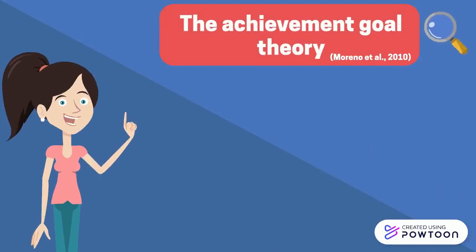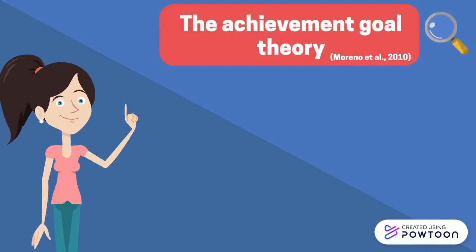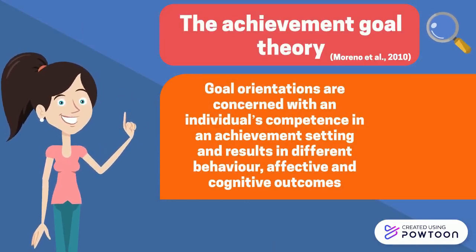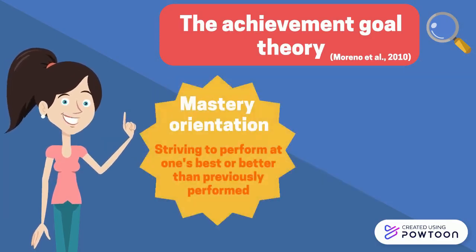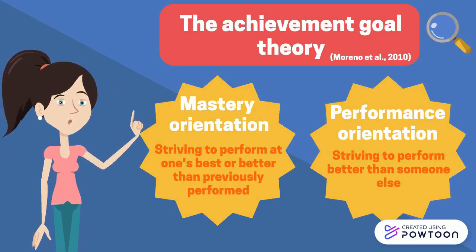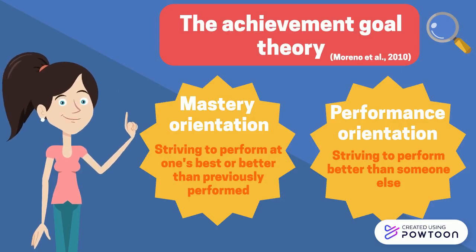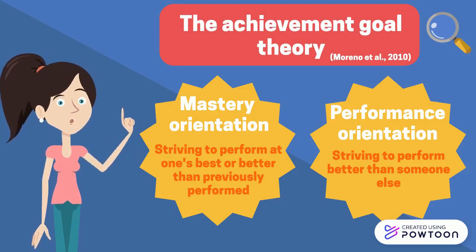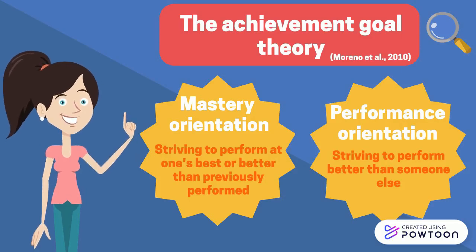Next up is the achievement goal theory, which introduces two goal orientations, which are dependent on an individual's competence in an achievement setting and results in different behavior, affective, and cognitive outcomes. The two goal orientations are mastery and performance. It is suggested that individuals that actively participate in physical activity reported higher perception of exercise competence and mastery orientation when compared to non exercisers. This may suggest that mastery orientation is best to strive for when individuals are looking to engage in long term